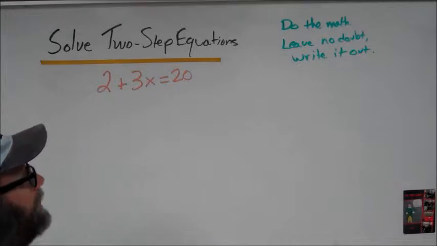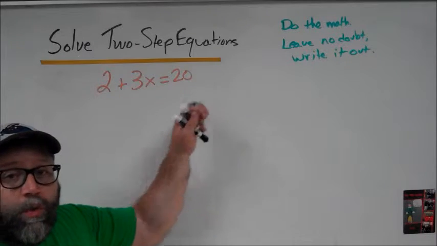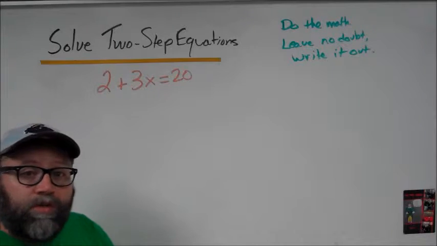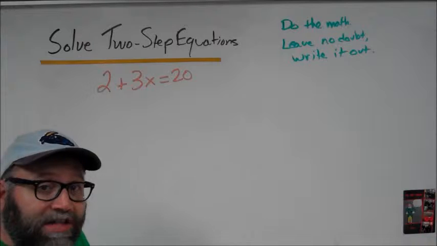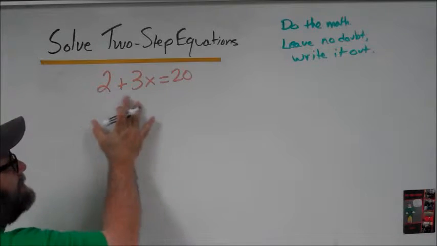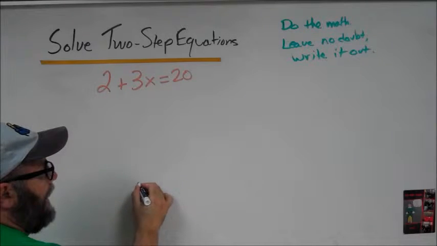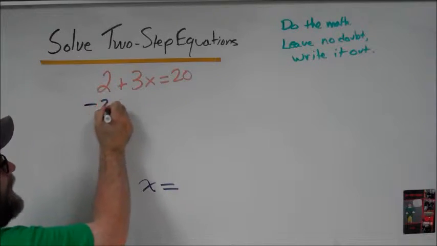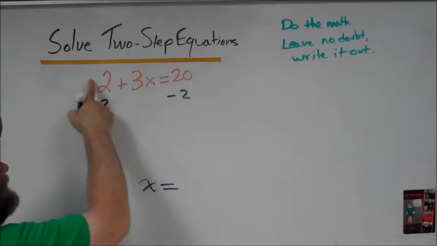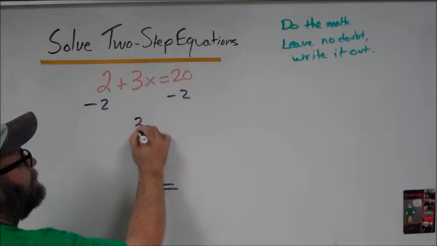So let's solve a two-step equation. Here it's a two-step equation. We got 2 plus 3x equals 20. This is only switched around one thing, but as we identify these things, this is about checking to see what's what. I've got a positive 2, a positive 3x, and a positive 20. Let's try to get this down to x equals something. So I've got 2 and 20. Let's subtract 2 from both sides. That 2 is positive out there because it has no sign on it, giving us 3x